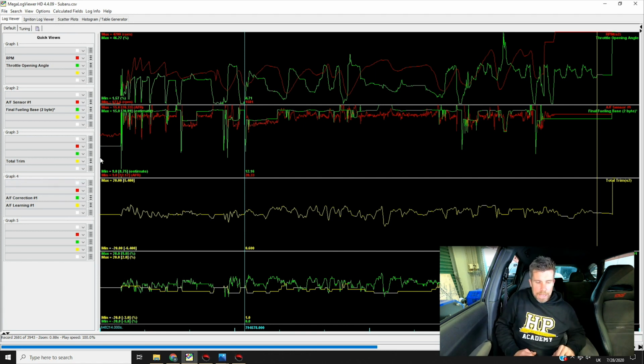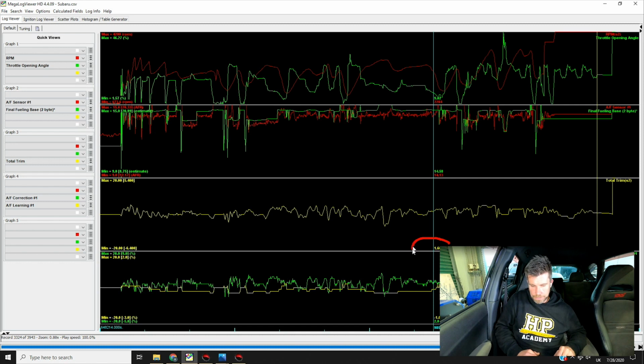Well, this is where math channels come in. So we've got one that I've created in here called Total Trim. And essentially all this is doing is adding together the short-term and the long-term fuel trim to give us a total trim value. So if we look at this particular point here, we can see that our total trim is 1.6. There's obviously a sort of a resolution error. We've got a short-term trim of 2% positive, a long-term trim of -1%.